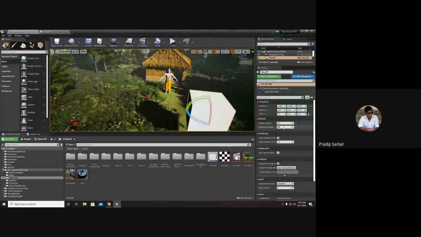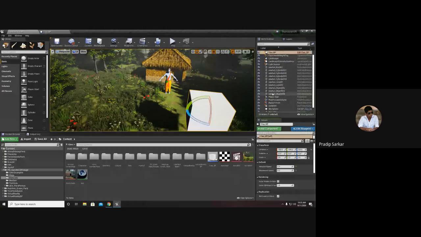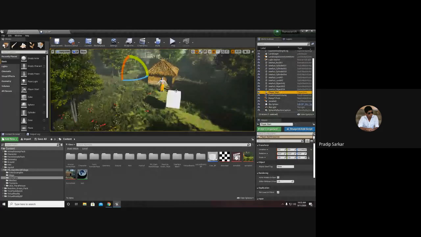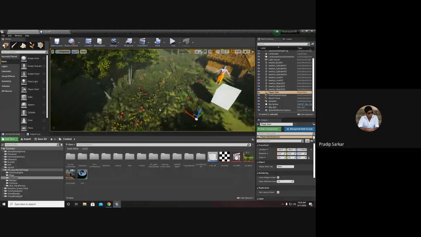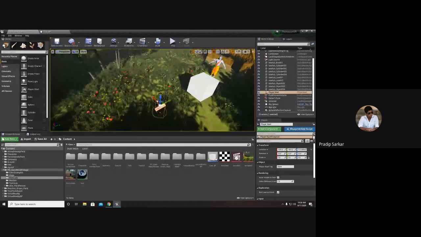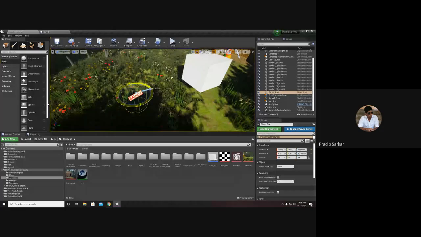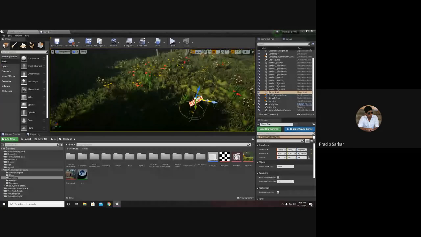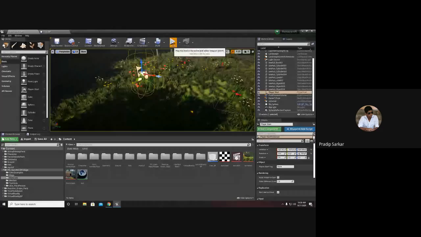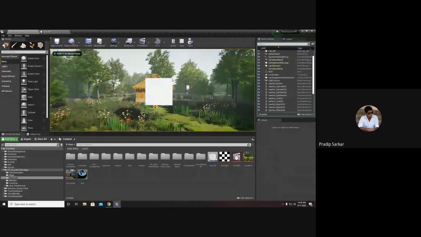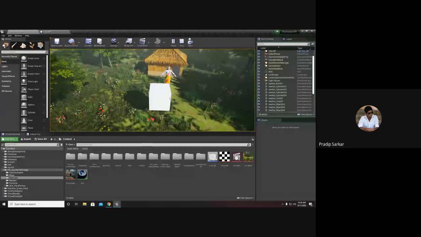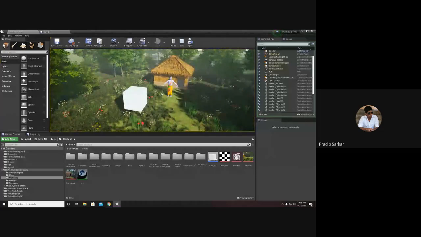So if I increase the speed and the rotation, you can see it is rotating and it is moving.